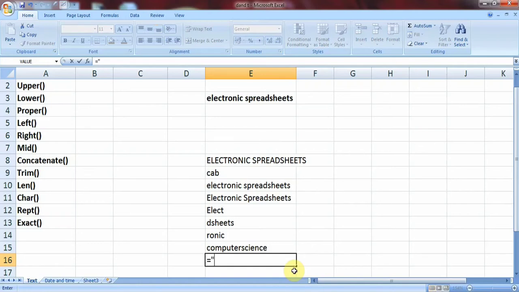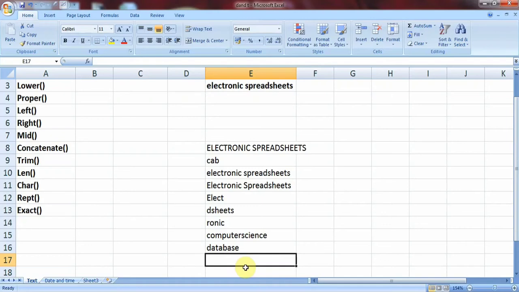The syntax is the first string, say data, this is our first string, then ampersand, next base. The ampersand is the string concatenation operator. So the output is database.